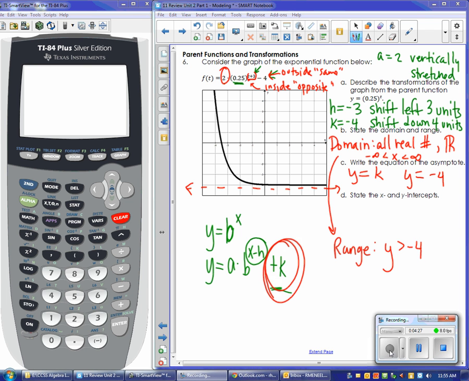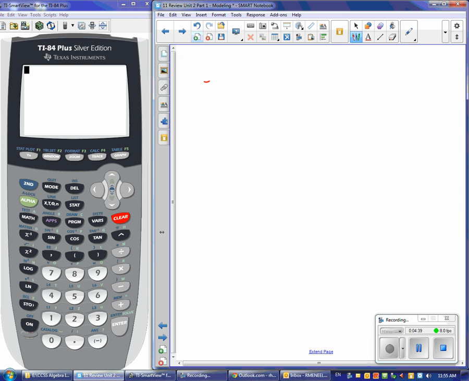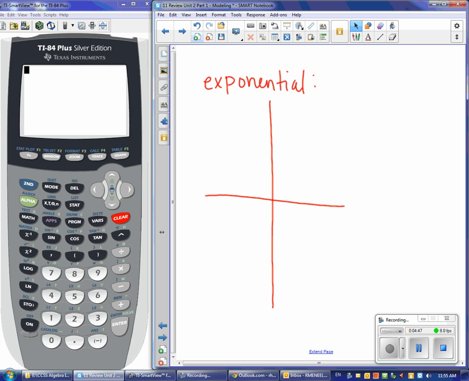So the range in this case is going to be determined by where that asymptote is. One of the things to remember, just in general, and let me do a quick picture for you. If I have an exponential function, and it doesn't matter if it's growth or decay, but if I have a function that looks like this, then I know that